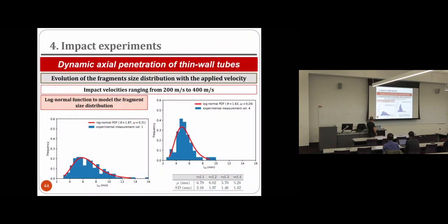And then, of course, we did the classical fragmentation analysis, which is basically to take all the fragments. So this is the circumferential length of the fragment, and we took all the fragments and plotted the histograms, trying to understand the effect of the impact velocity on the fragment size. So this is for a low impact velocity, and this is for a higher impact velocity. What happens is that as we increase the impact velocity, the distribution of fragment sizes narrows.